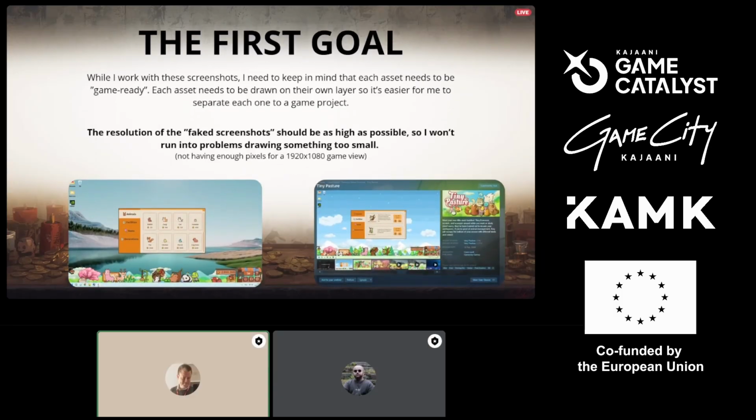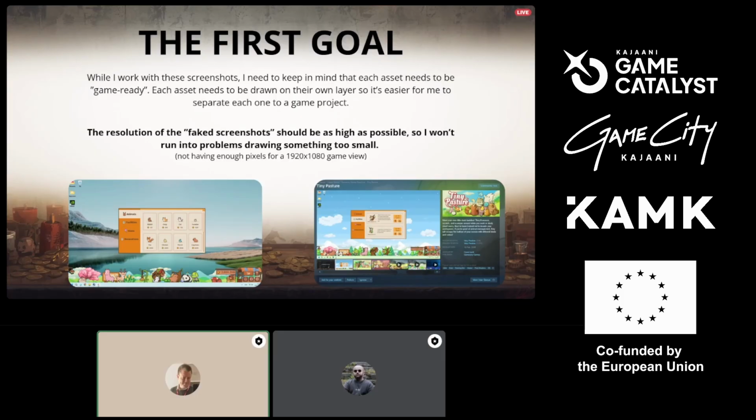So while I work with these screenshots, I need to keep in mind that each asset needs to be game ready, because I cannot just use time to draw those again in some other environment. So all of the assets that I will be drawing need to be drawn on separate layers to make sure that I can actually rip those out from the image and put those in the game engine later on. And the resolution of the faked screenshots should be as high as possible.